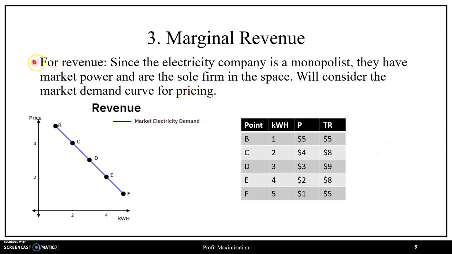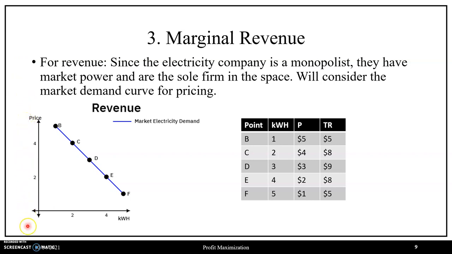So then with our cost structure considered, let us now turn to our revenue structure, which is going to differ from what we saw in the competitive case, in that since the electricity company is a monopolist, they have market power and they are the sole firm in the space. Being the sole firm in the space, they can look to the market demand curve in terms of their pricing strategy. As a result, they will consider the market demand curve, which we have precisely that below, where price is